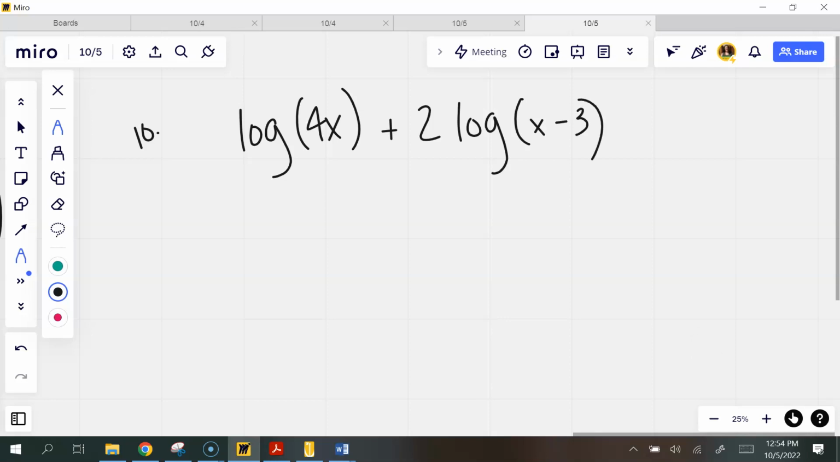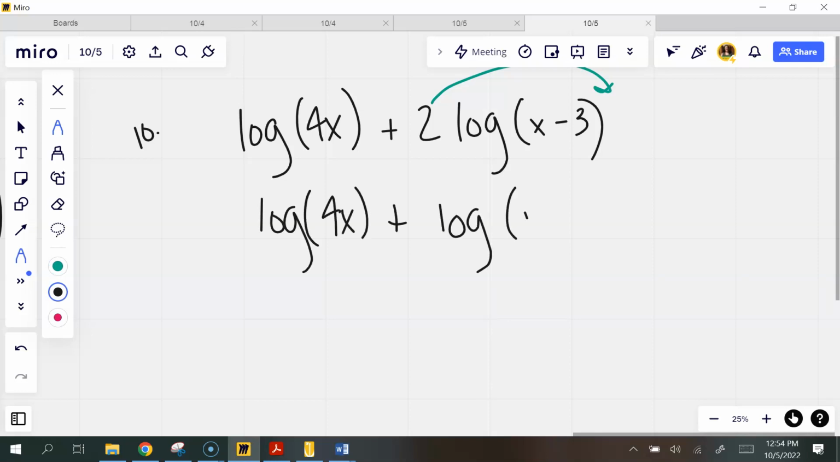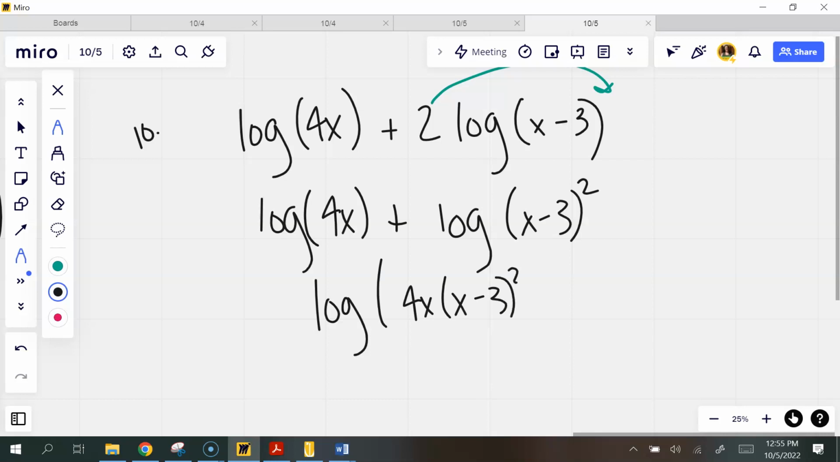Is that it? All right. Exponents first. So I have log 4x plus log of x minus 3 squared. Good? Adding means to do what? Multiply. So I'm going to have log of 4x times x minus 3 squared. Unless I tell you to simplify it,